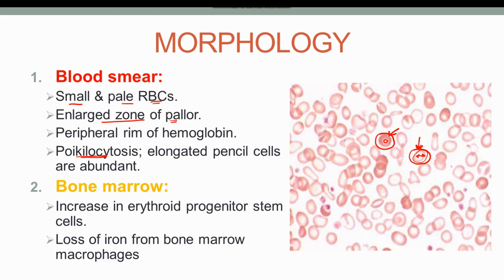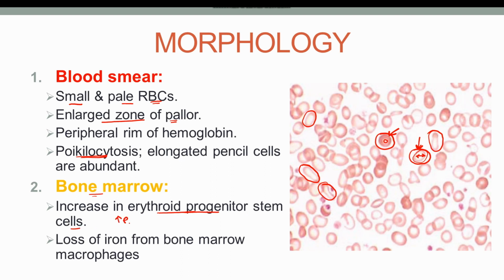Poikilocytosis means an increase in the number of red blood cells of variable shapes. As you can see here, these are the elongated red blood cells, which are also known as pencil cells or cigar cells. The morphology of the bone marrow reveals an increase in erythroid progenitor stem cells, which is basically occurring due